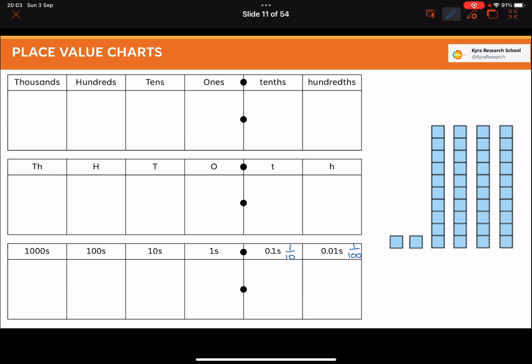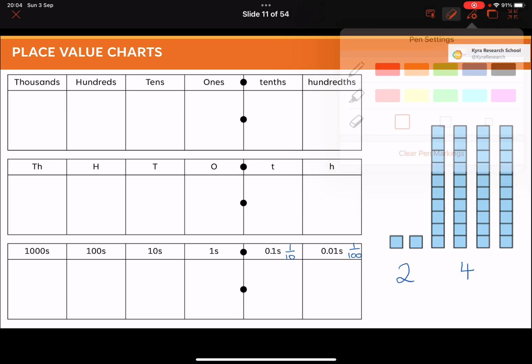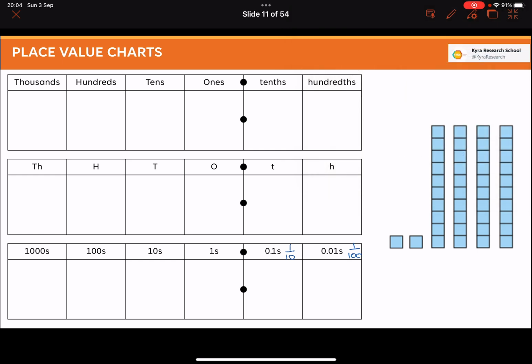So you can see I've got a little picture over here on the right hand side. I've got a number, purposely done in a strange way here to draw out a misconception as well, because when you're early introducing children to Dienes, you're likely to see them find their 2 ones and their 4 tens and end up with the number 24 if we're not really careful about that. Okay, so as we're putting them into the place value chart, I might tick them off as we go. So I can see that I've got 1, 1 and 2 ones,